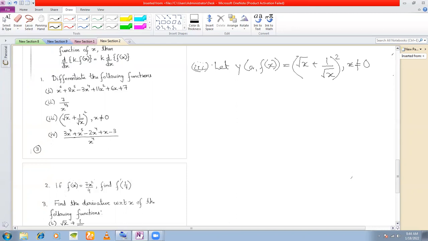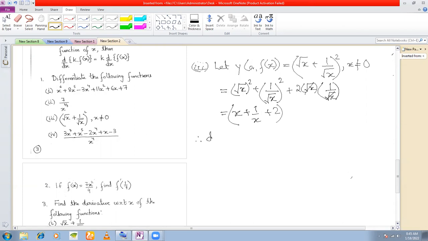Okay. Now, how do you differentiate? Before we differentiate, we shall simplify this function a little, and then we shall differentiate. You expand this by the a plus b whole square formula. You can do it directly also, but that will be done by the chain rule, which you don't know. So that is why I'm simplifying this. In class 12, the same problem I'll be doing directly. So this is a square plus b square plus twice ab. So you get this as x plus 1 by x, and this cancels here. So you get x plus 1 by x plus 2. This is the given function.